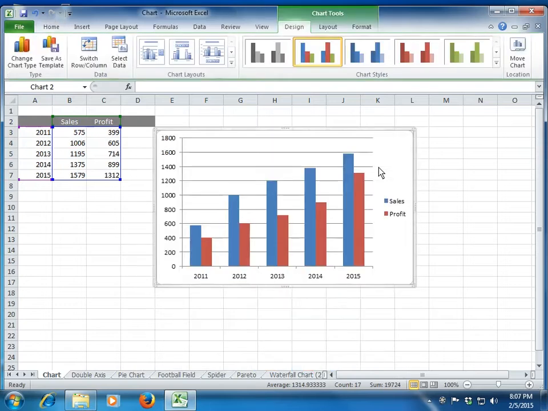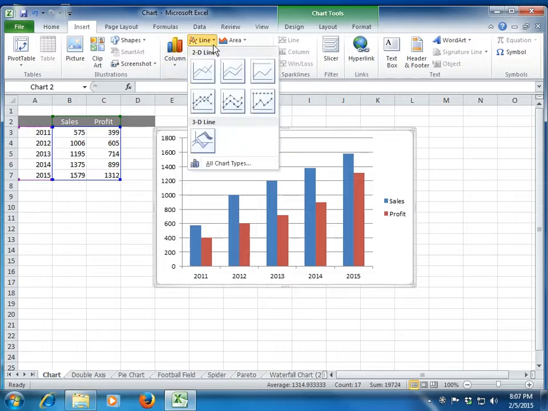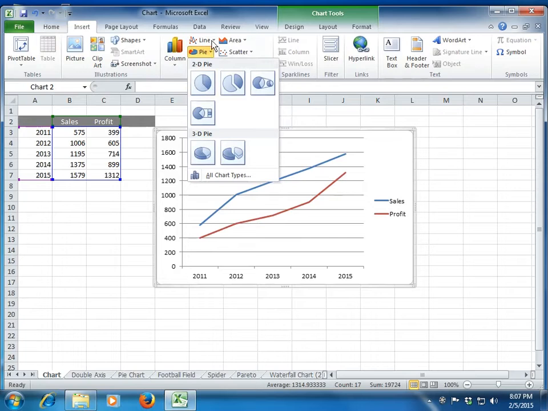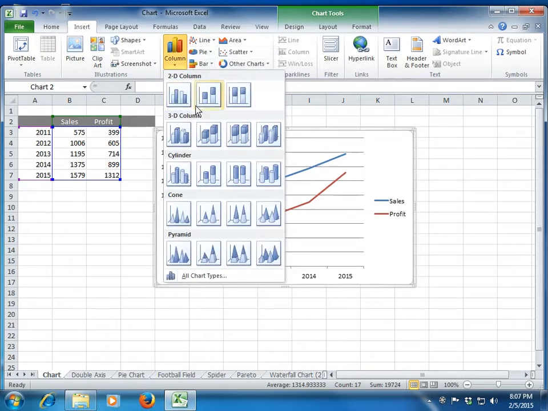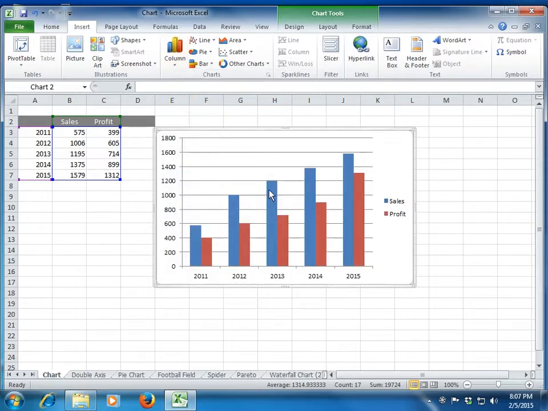We will now see how to play around and modify this chart. So first of all, once you have created the chart, let's understand how we change the chart type. That is very simple. Again, you go to the insert button, and let's say instead of a column chart you want a line chart, so you just click on this. If you want a pie chart, just click on one of the pie charts, depending upon the data, of course. You can select any of these charts. So even within column, if you don't want the basic column chart, you want a 3D cylinder, anything can be chosen just by clicking on the chart type, right? So that's the first thing you should know.